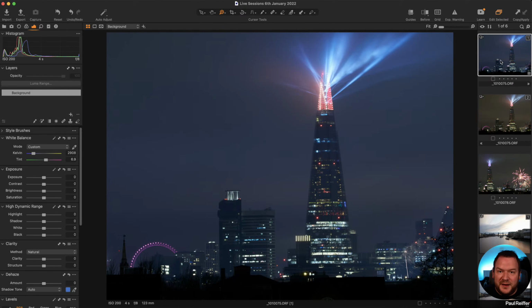So as I change the base image to be more blue, what the dehaze tool sees is there's a lot more blue in this image. That must be haze, so we need to get rid of it. So then when I pull this up to get rid of that haze, we also get rid of the color tone that I added in.